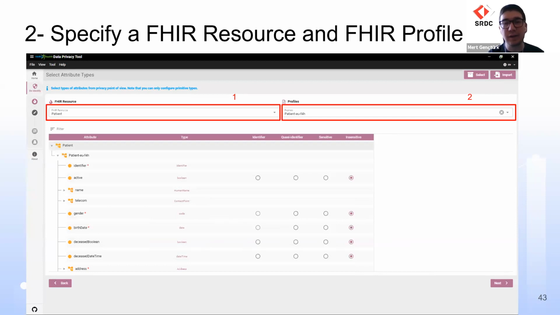It can be an identifier, meaning that it is identifier information for the patient. It can be a quasi-identifier, which means that by itself, it does not identify a patient, but by using, for example, let's say 4 or 5 quasi-identifiers, I can identify the patient. Or it can be a sensitive attribute. For example, it can be a rare condition, which is sensitive, like HIV, for example. Or it can be insensitive, meaning that there is no need to do any de-identification or anonymization operation on it. Next slide, please.